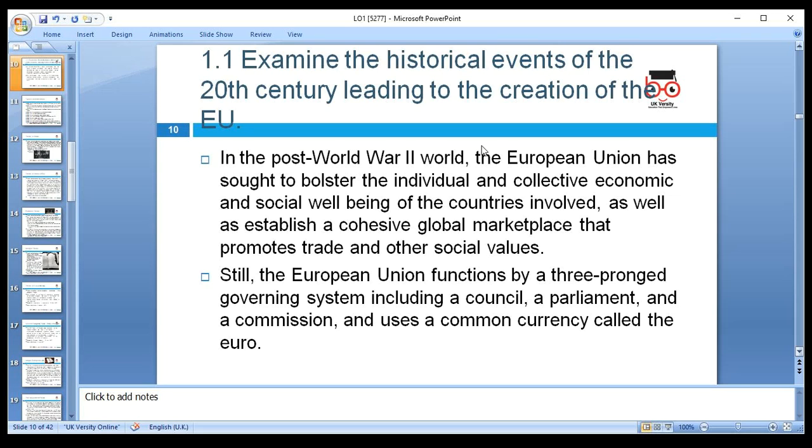In 1.1, we have examined the historical events of the 20th century leading to the creation of the EU. In the post-World War II period, the European Union has sought individual and cohesive global